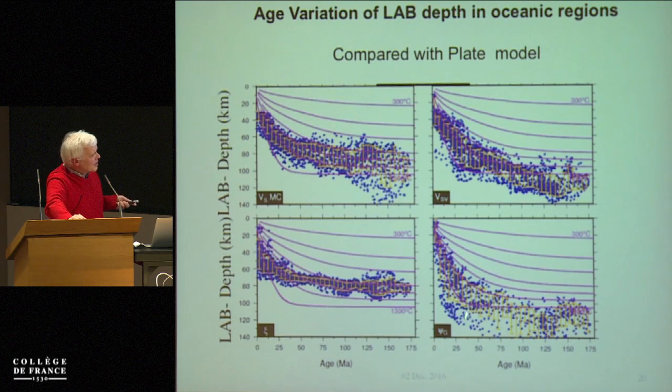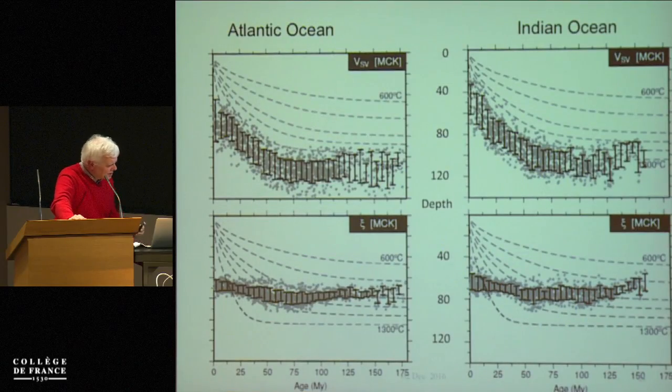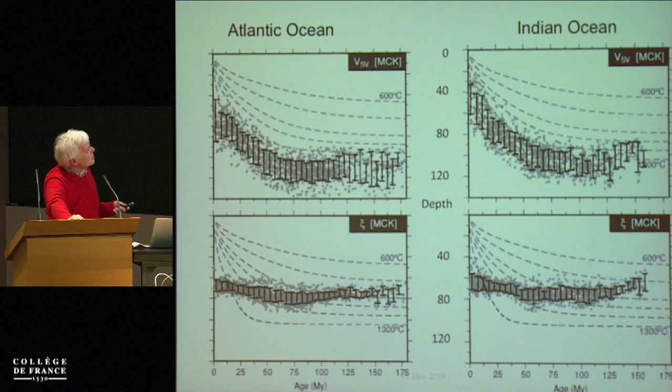For the azimuthal anisotropy, we find something which is very similar, but the accuracy is not so good. If you look at the dispersion of data, it's quite large. And for radial anisotropy, we see that the increase with the age of the seafloor is very limited. And what we find for the Pacific Ocean and at the global scale was also found for the Atlantic Ocean